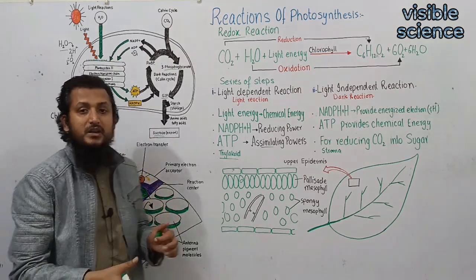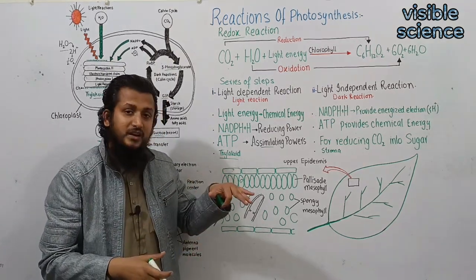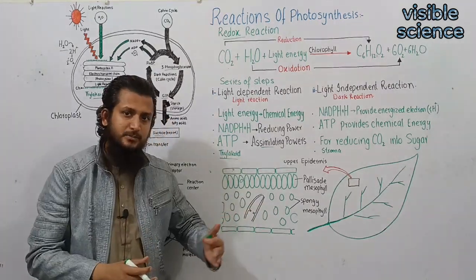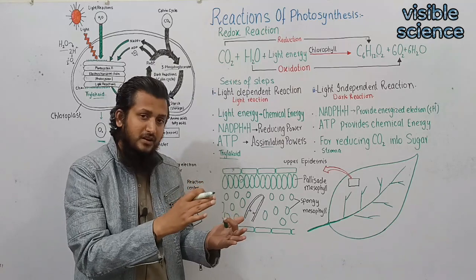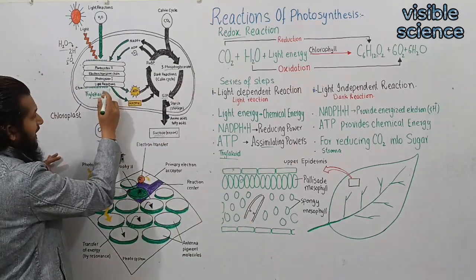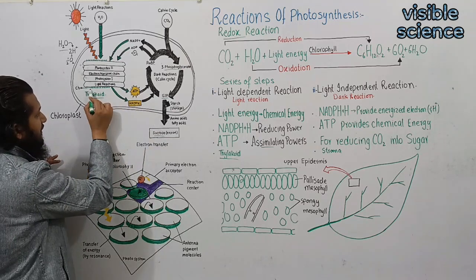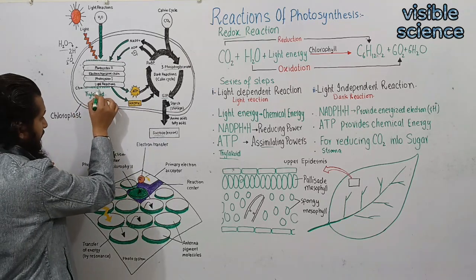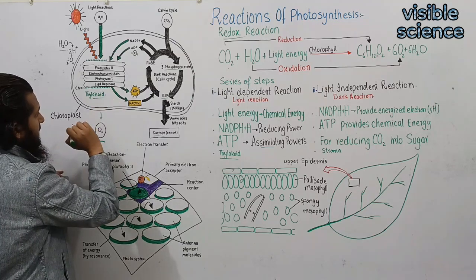Just for example, if we look at a forest from the top, it looks green due to the canopy of the trees, although the soil is brown. Just like that, the thylakoid membrane looks green due to the embedded chlorophyll molecules, because chlorophylls are green pigments. In the chlorophyll molecule, the light dependent reaction takes place.